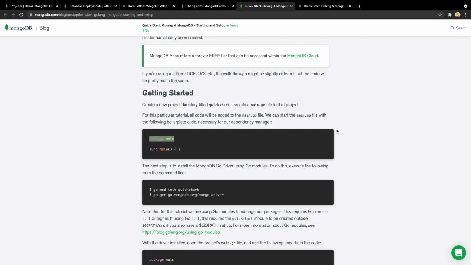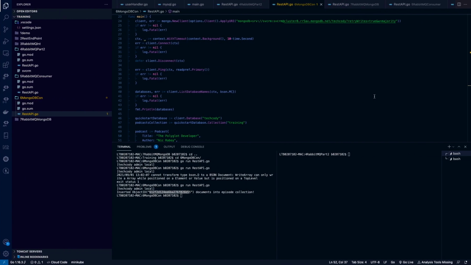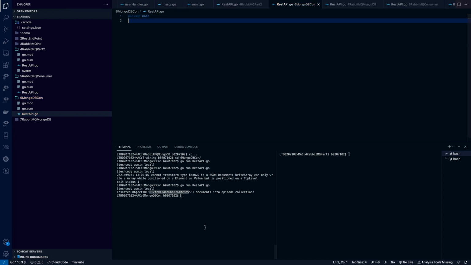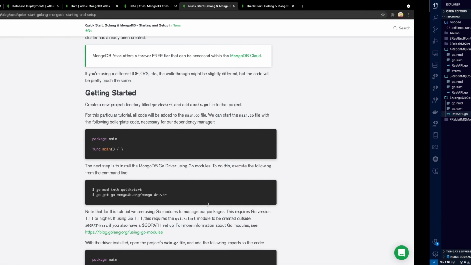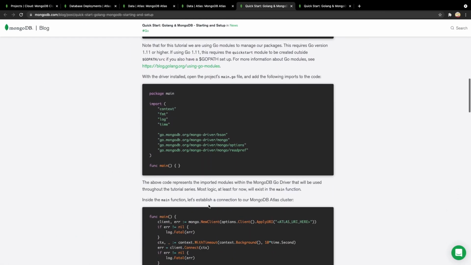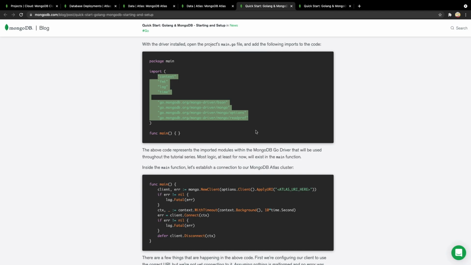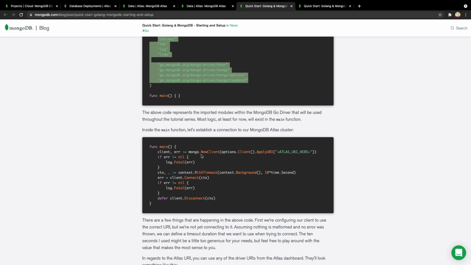So let's open Visual Studio Code in parallel so that we can write the code alongside. The first thing they are saying is that we need to define the package name, which is done. Next, we need to mention the import. This import part, my VS Code will be able to handle.